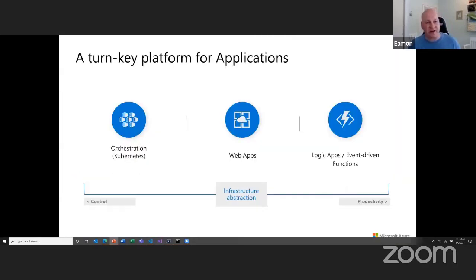So one of the goals of Azure is to make a platform for building all kinds of applications. And so this usually comes down to, do you need more control over the infrastructure that those applications are running on, or can you move that responsibility into Azure and into Microsoft and focus more on the application side? And so there's this balance between I want to build my applications using Kubernetes, which is growing really quickly across Azure, across all organizations, most companies we're looking at. It is definitely one of the fastest growing services we have.